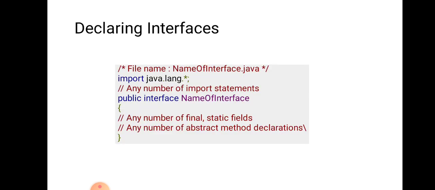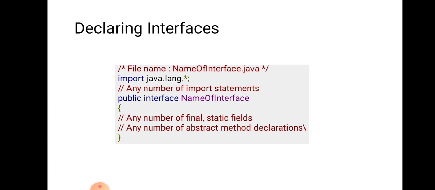So an interface is declared by using the interface keyword. Like in abstraction, we have seen that an abstract class is declared with the abstract keyword. Similarly, in this case, an interface is declared by using the interface keyword. It provides total abstraction, meaning all the methods in an interface are declared with an empty body, and all the fields are public, static and final by default.